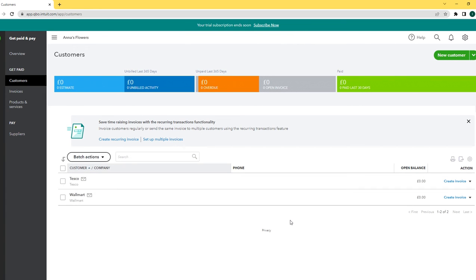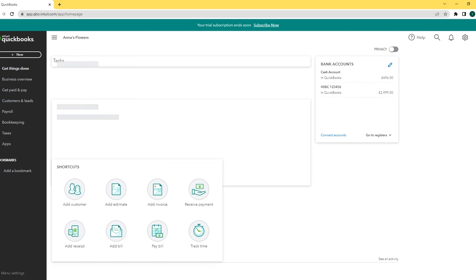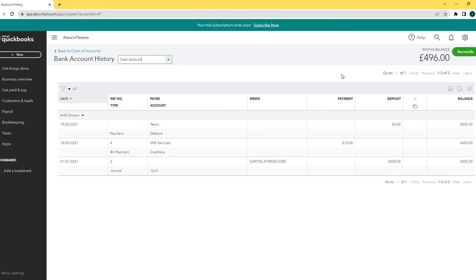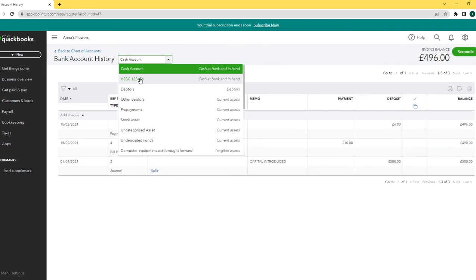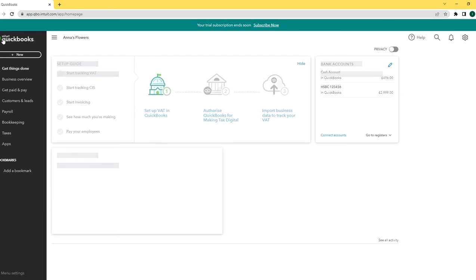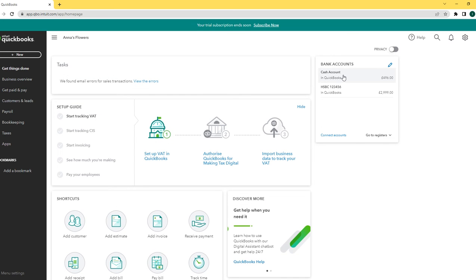So I would go to our dashboard, go to our cash account. As you can see here, £6 payment received from Tesco, our customer. Cash is appearing here, deposit. Now we would check the bank account. You can see here £9 received from Walmart, our customer, in our bank account. So we would go back to our dashboard. So these are our final balances in the cash account and bank account. So this is how we would process